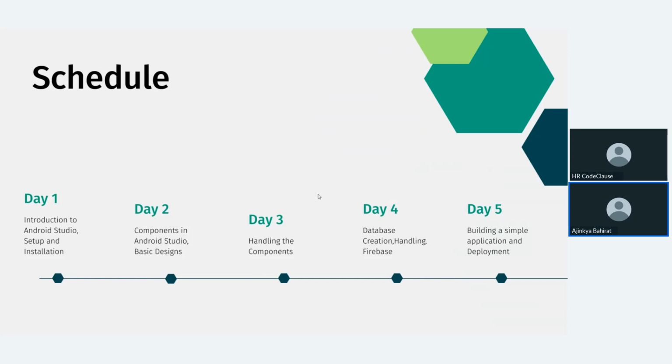On day four, we are going to do database creation and overall handling of the database with the help of Firebase. There are lots of different databases. Why are we choosing Firebase? Because Firebase is easily available and it is a central storage. We can also use SQLite, but it stores the data in its core memory or the device memory itself. But if you are building applications for a client or freelancing on any project, at that time you need a central database. So for that we are going to use Firebase. There are different things in Firebase, some basics and all types of setup we need in Android Studio. That is done on day 4.